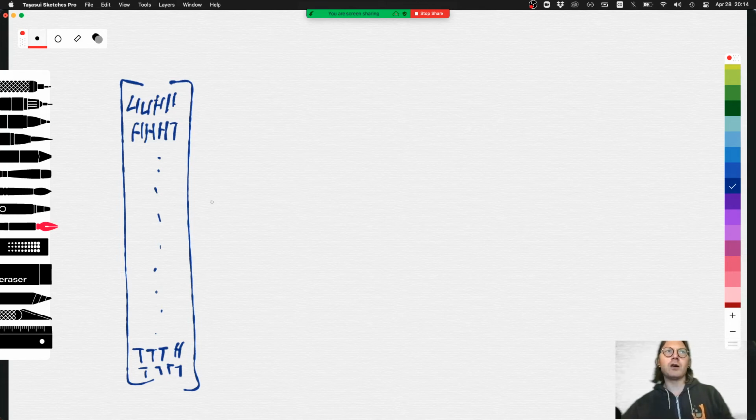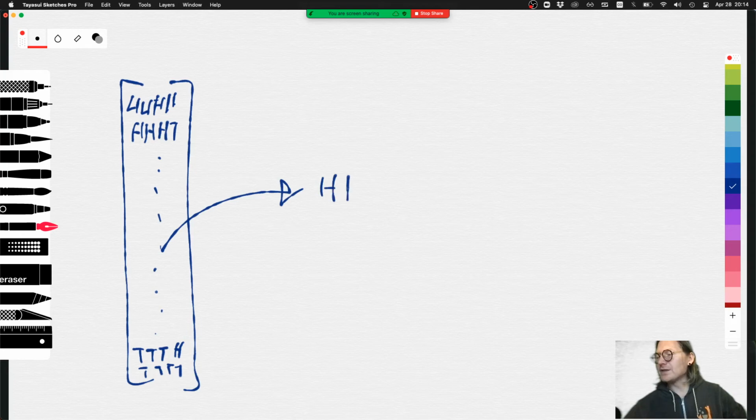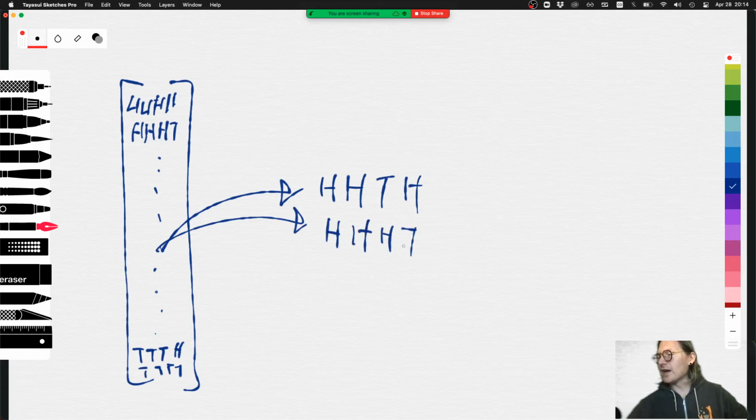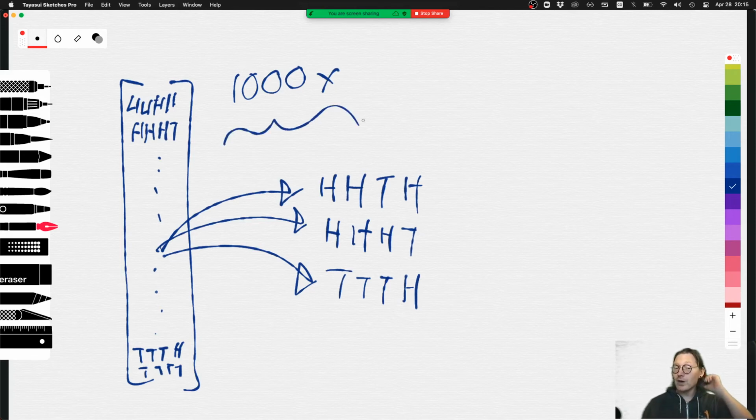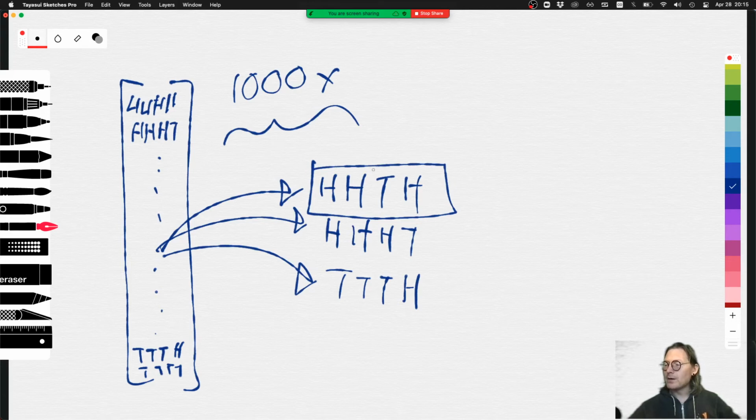And if we're sampling from this and we're trying to sample every four flip combination, every four flip permutation, then we're going to draw something randomly out of this. And maybe it's going to be heads, heads, tails, heads. And we draw something else out of it, and maybe that's going to be heads, heads, heads, tails, and draw something else out, and maybe it's tails, tails, tails, heads, and so on. But if we do this enough, say we do this 1,000 times, this process of drawing things out, if we do this a whole lot of times, then the frequency of occurrence of certain items will start to match the frequency of occurrence of the items in our